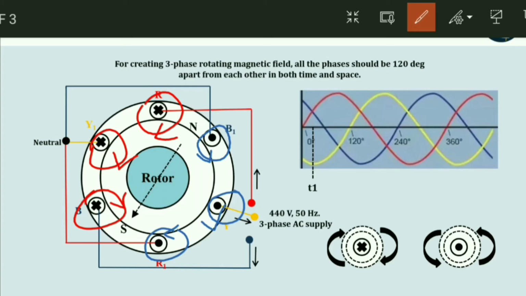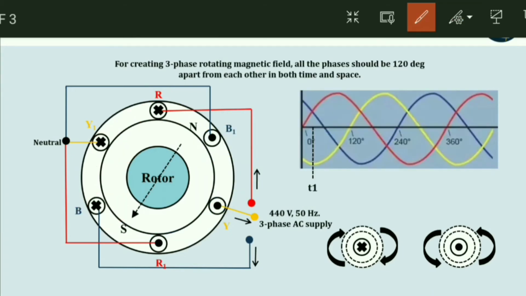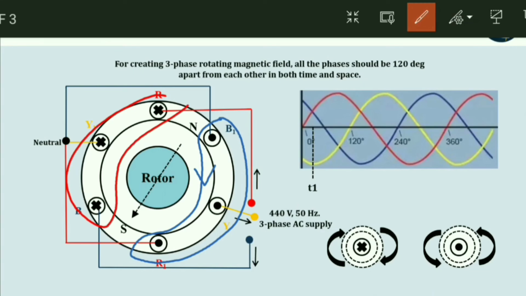Now if you combine them, if you combine all the magnetic fields for all the dots and also for all the crosses, the direction will be like this. Similarly, for all the crosses, it will be like this.